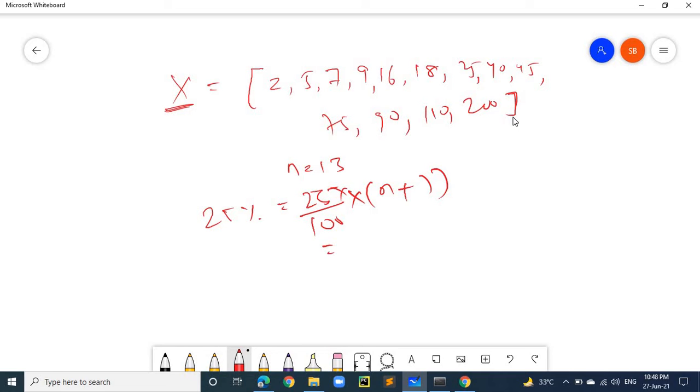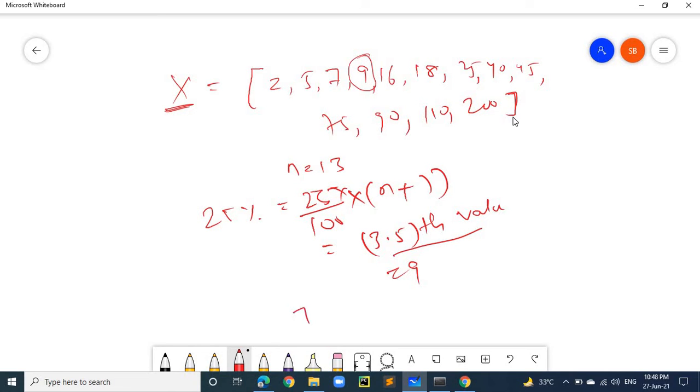So it will be the 3.5th position, and this value is 9. So 9 is the 25th percentile. In this way it is calculated.